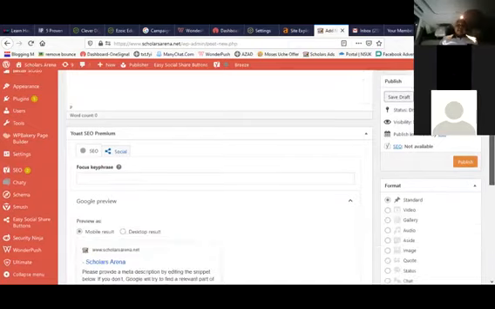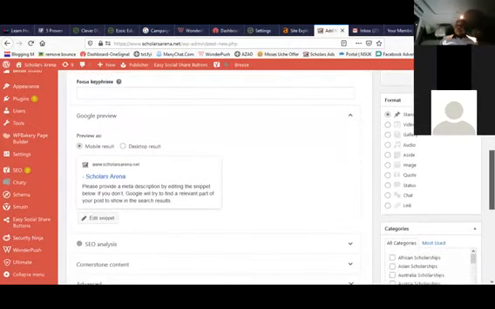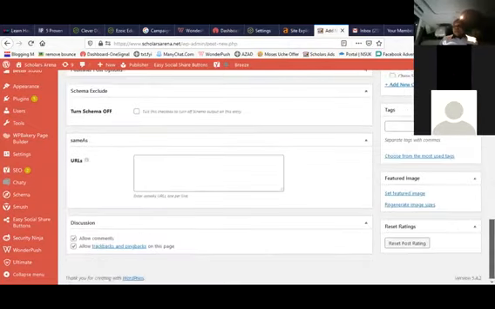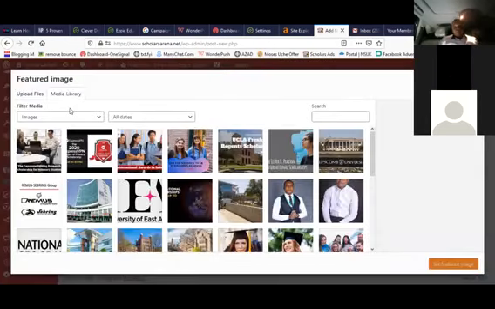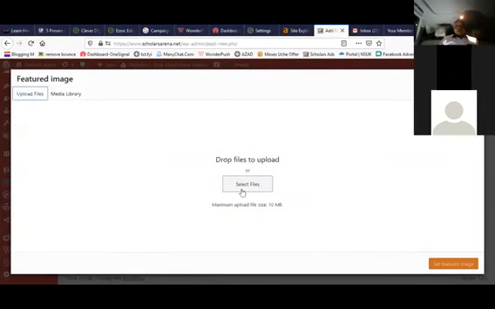After adding the body of the post, you add an image. How do you add an image? If you look at the right corner of my screen, you will see set featured image. Once you click on set featured image, a section will come up. You will see upload files. When you click on select files, you will see all the images.